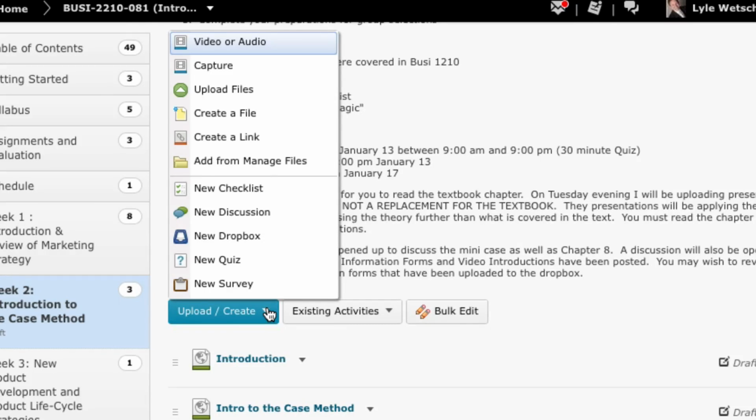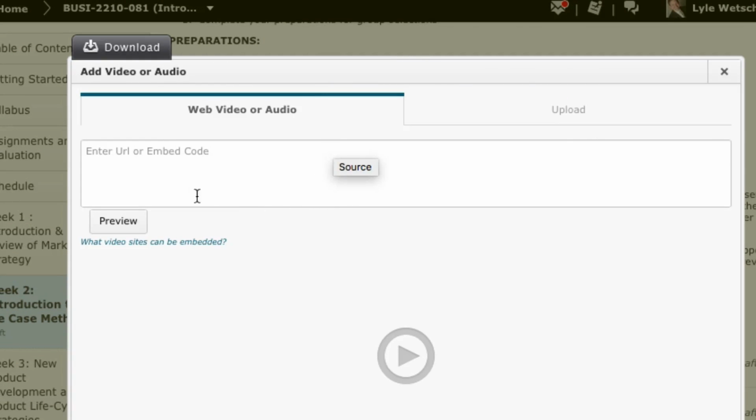Up until last fall, upload files was at the top, create a file, create a link. So previously, last year, all you could do was put a link to the YouTube video and drive them away. The 2 new ones that were added in was the ability to add video or audio or a capture. So capture is if you're using something like Captivate, which is an integrated video where you can have quizzes and self-grading in the presentations. It's a higher end self-presentation mechanism. But here, if you simply click on video or audio,